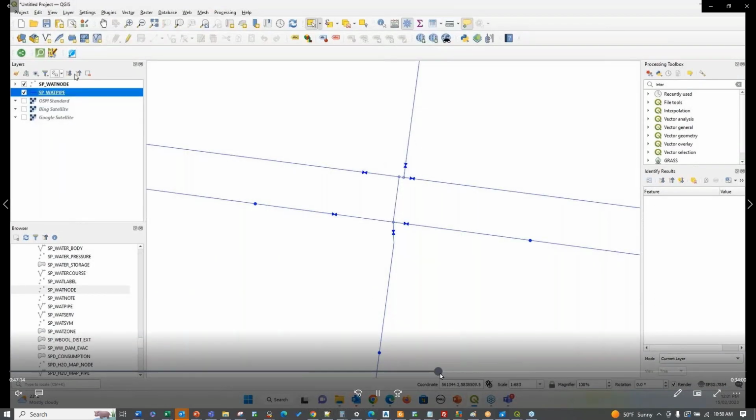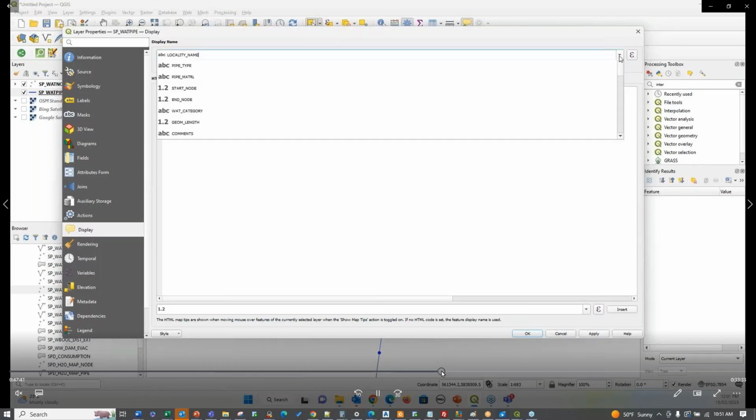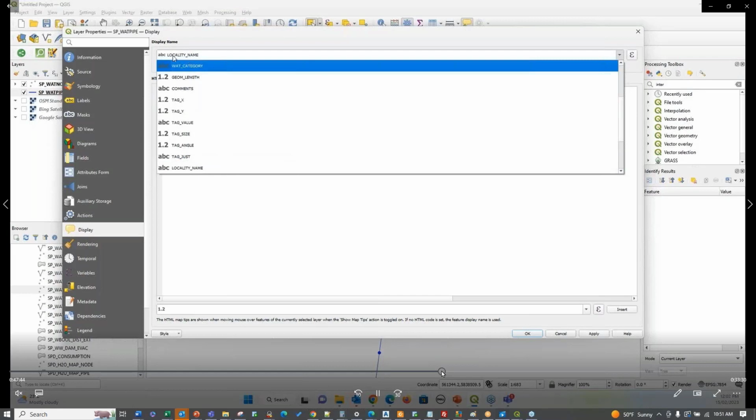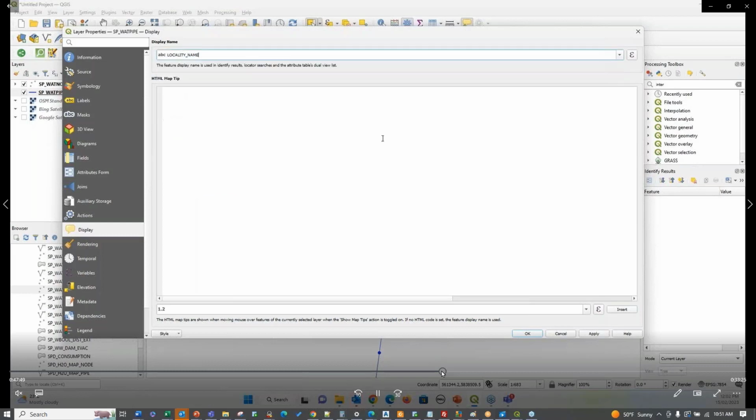Not there. Okay, back to here. Here we go. So here's the map tips. On the display, you'll see there's HTML map tip and a little techie thing here, just playing with some stuff. Say we want to put the locality, pick a field. Actually, let's say we want the locality name. So those are within our water pipes. We have a locality name on there as an attribute. We want to get some HTML for the map tip,